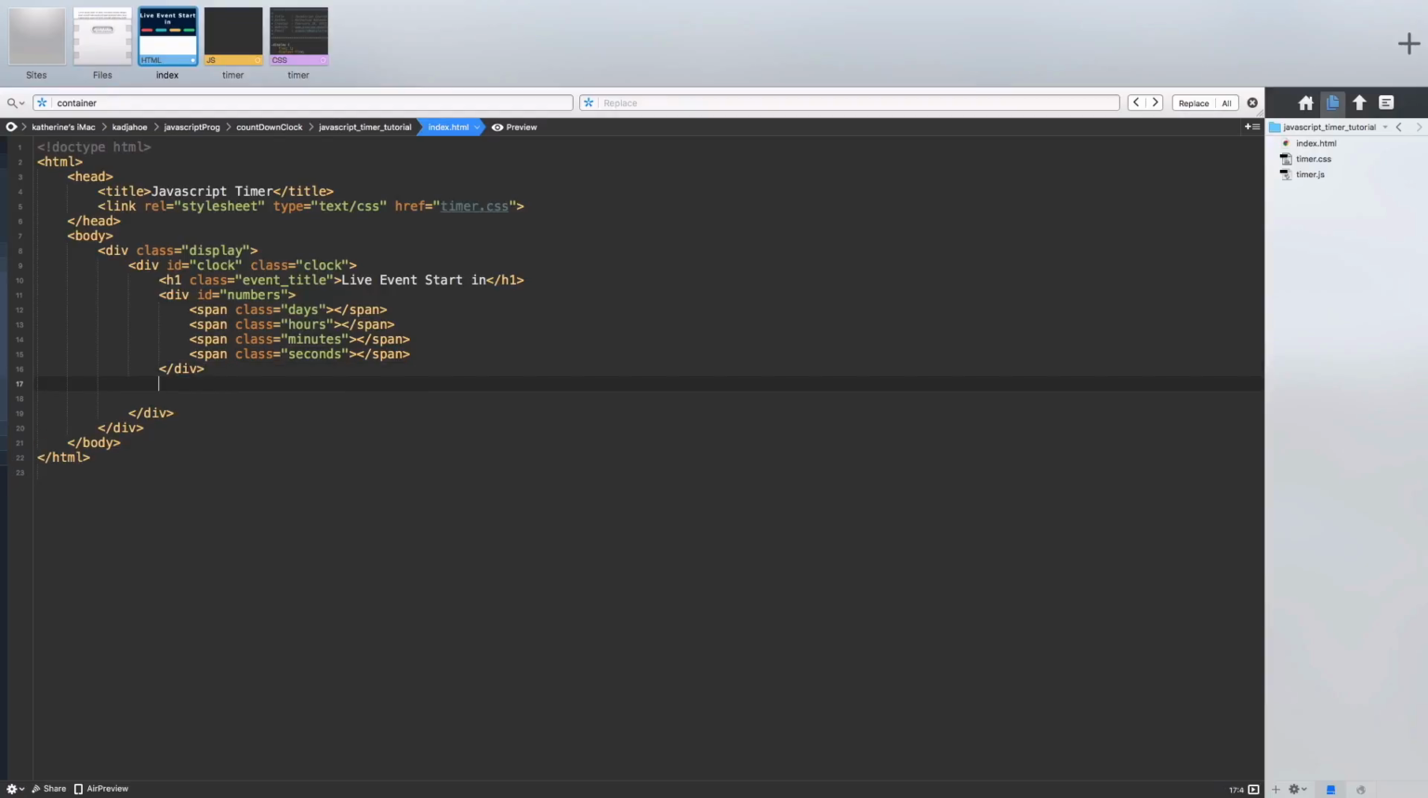All right, so the next thing we're gonna do is the units, the labels that we have underneath the numbers, right? So div ID and units. And then we're just going to span that, days. We're gonna put a span on it. Let's also copy this and paste it 3 times for time's sake, right? And then close our div out,